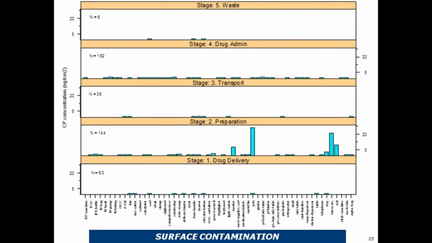So this is another frequency graph which highlights what the contamination levels were at each stage of the hospital medication system. On the x-axis, I apologize for the blurriness. I took it from the software and it doesn't translate very well to PowerPoint. On the x-axis are all the different surfaces that we looked at, and on the y-axis is the contamination levels in nanograms per square centimeter. And these are all the different stages. Basically every blue bar that you see means that there's contamination. Every blue box represents